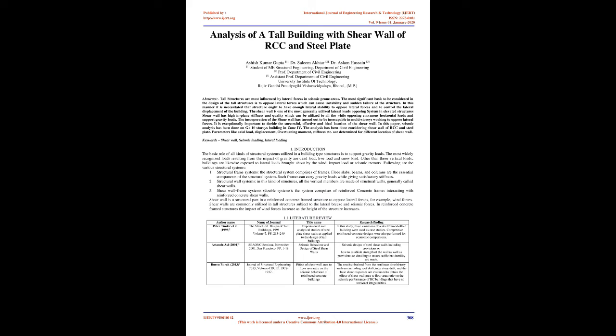In this manner, it is necessary that the structure ought to have enough lateral stability to oppose lateral forces and to control the lateral displacement of the building. The shear wall is one of the most generally utilized lateral load opposing systems in elevated structures. Shear wall has high in-plane stiffness and quality, which can be utilized to simultaneously oppose enormous horizontal loads